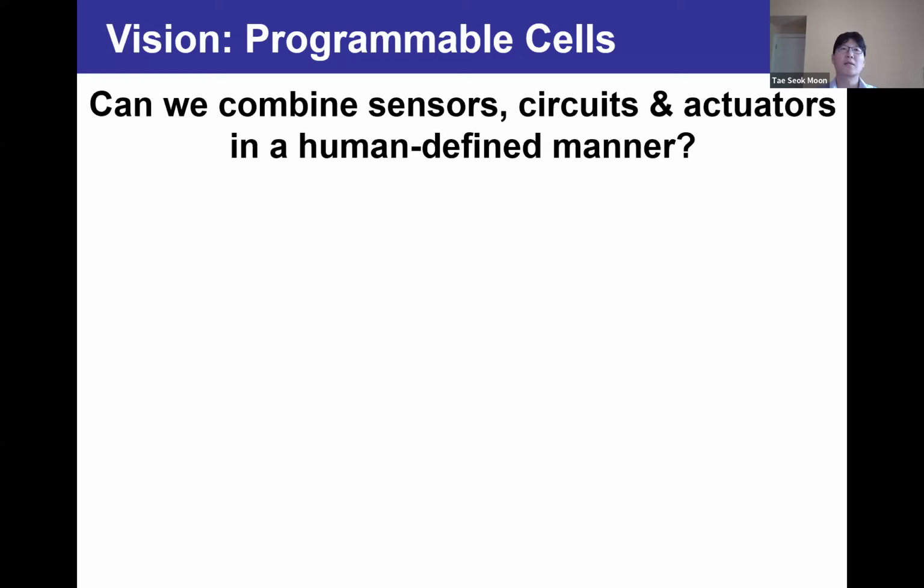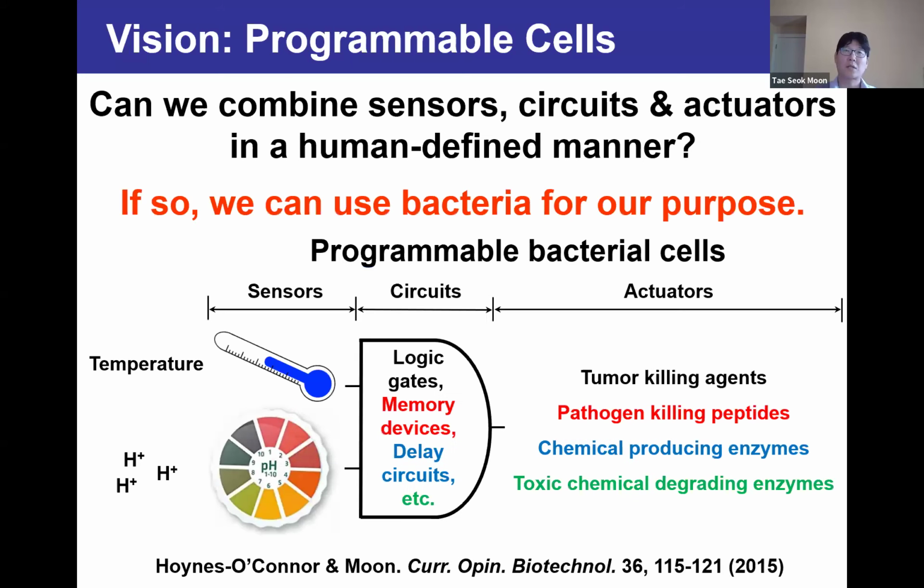And at that time I asked, what if we successfully combine a genetic sensor, a genetic circuit, and an actuator together in a human-defined manner? And if that is possible, we can make bacteria work for us in multiple different applications, including, for example, tumor-killing bacteria,